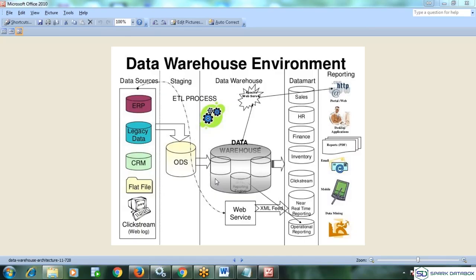On top of that, the data warehouse is the enterprise perspective, and the data mart is the department level perspective. By combining all those things, I can call it a data warehouse, and that depends purely on the organization. They want to build either only data marts or a data warehouse. If they want to see only sales and financial information, they will build only those things.